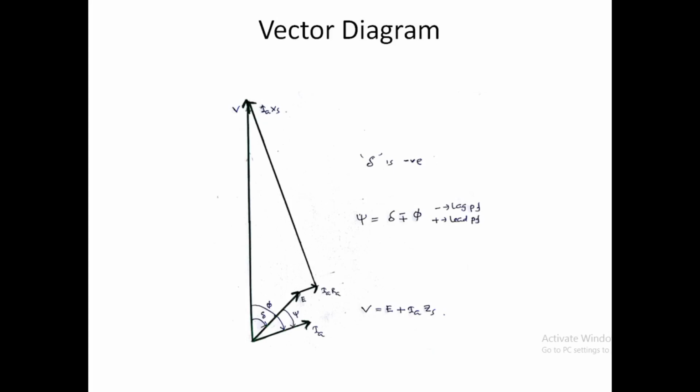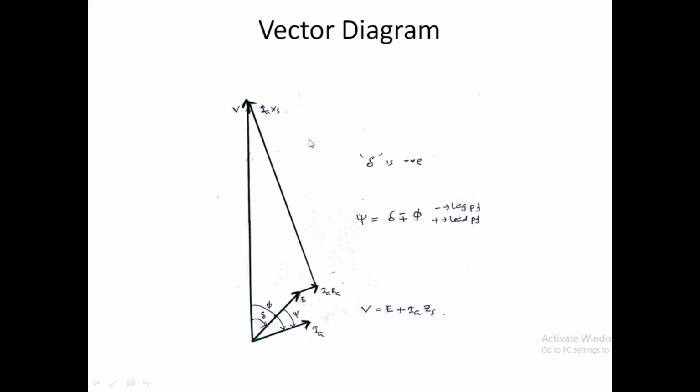And here the first topic is the vector diagram. For a generator, we were discussing the vector diagram of a synchronous generator, a cylindrical and salient pole generator. So here this diagram is showing the vector diagram of a synchronous motor. So just comparing with the synchronous generator,